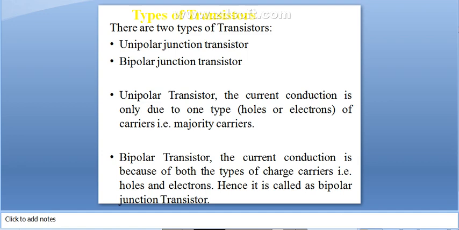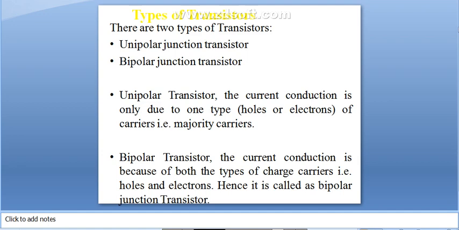It is used in amplifiers and oscillator circuits, and it can be used as a switch in digital circuits. It has a variety of applications, in computers, satellites and communication systems also. So BJT is a three-terminal semiconductor device whose operation depends on both majority and minority carriers. That's why it is called bipolar junction transistor.